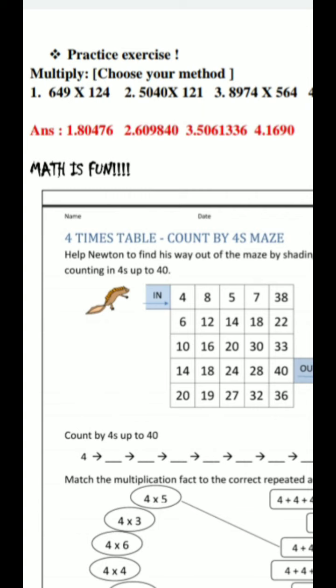So here for your practice, you can choose any method for multiplication. But just for your knowledge, the box method is generally not used for large multiplication. So you can definitely go with the partial product method as well as our conventional multiplication method for solving these sums.